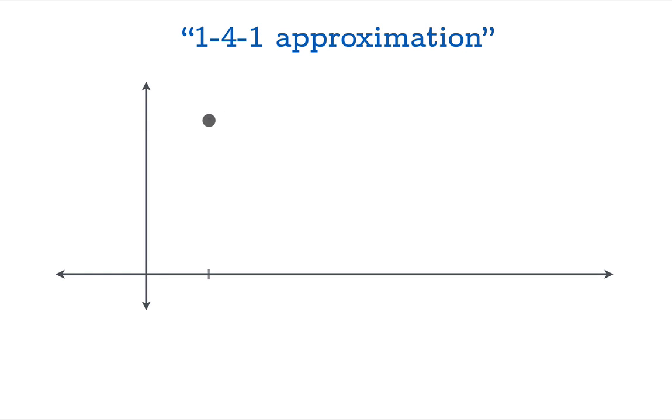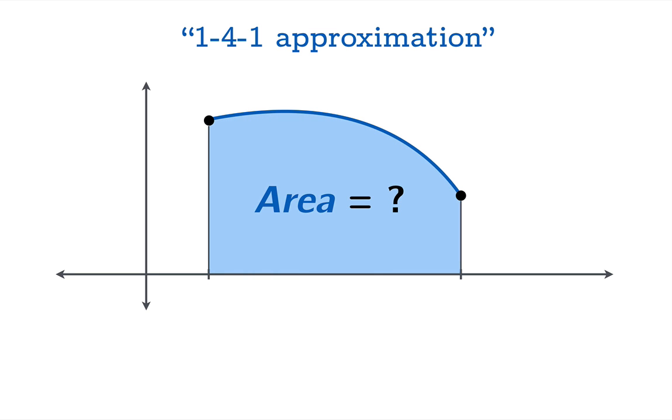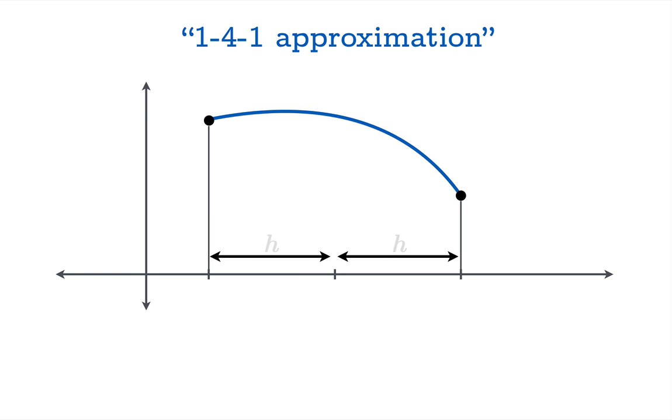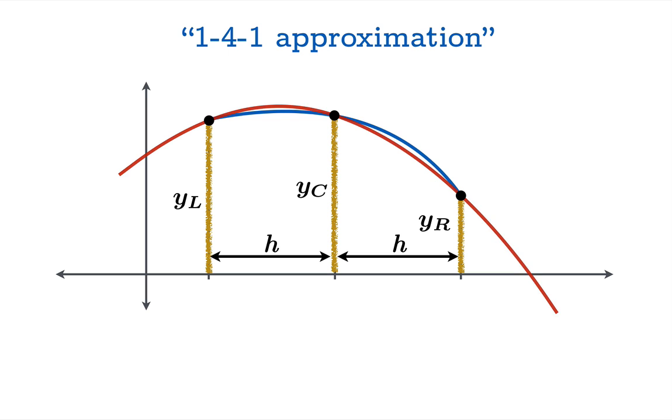So remember what the idea is. Given an original graph over an interval, we might be interested in finding the area. And what we could do is, by representing sample points equally spaced at the endpoints and in the middle, let's call the half width of the interval h, if we could find the function values yl, yc, and yr at the left, right-hand endpoints and in the middle, the center respectively, then using all this data, these four quantities, it turns out that